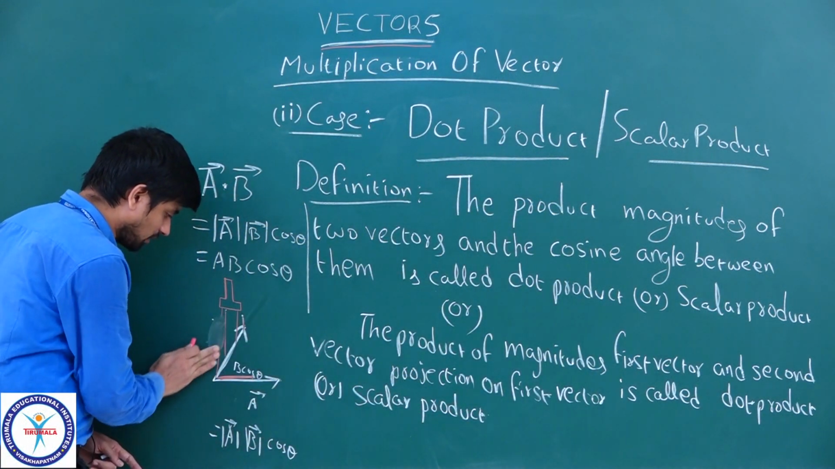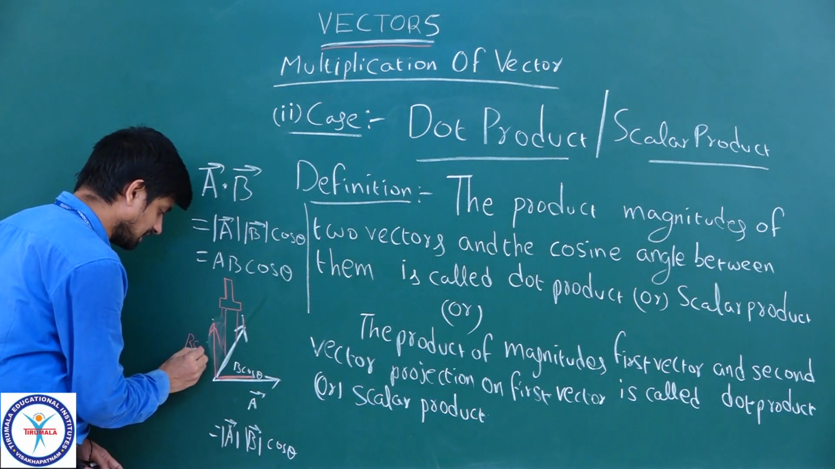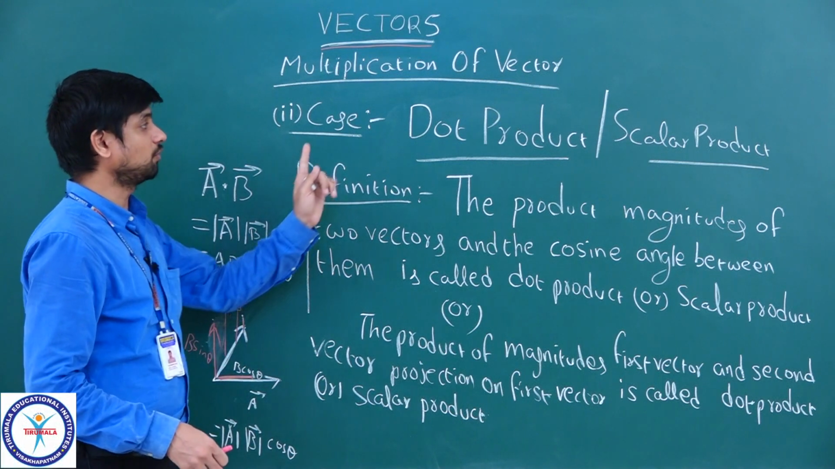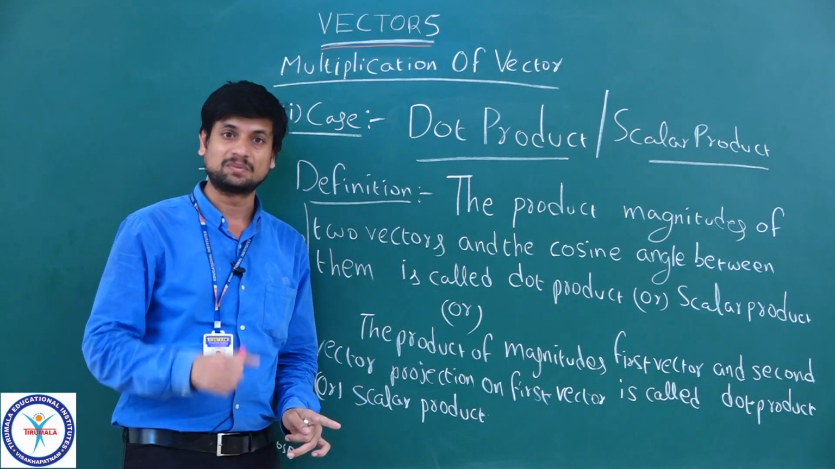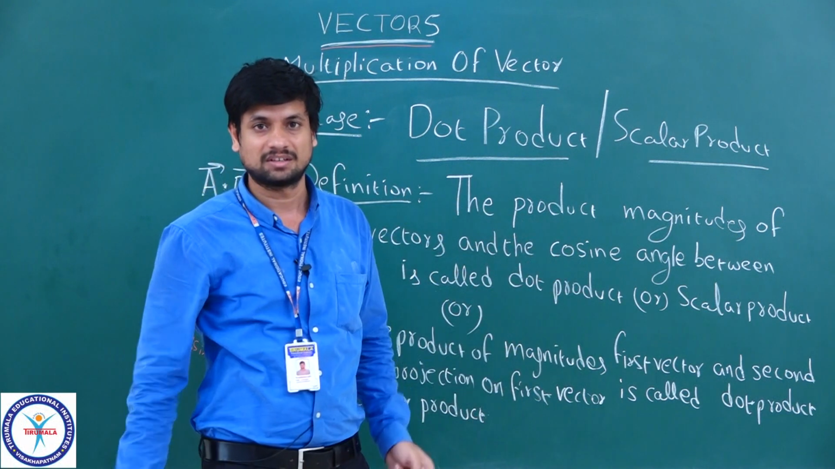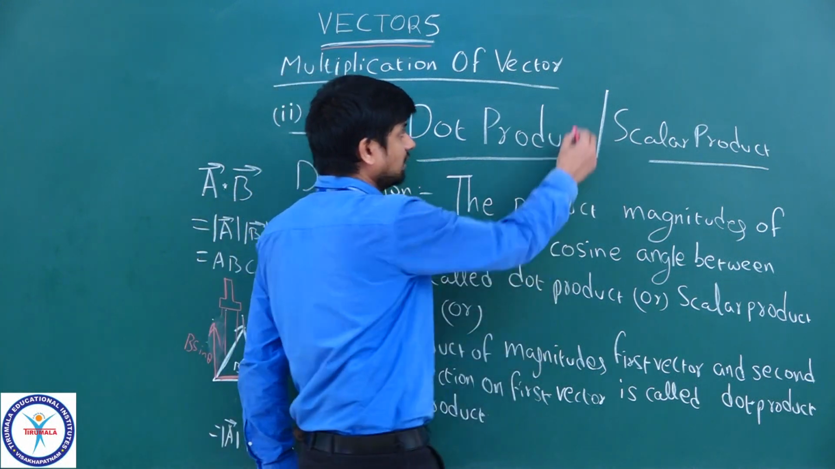Its vertical component can be seen here. This is B sin theta. This is B cos theta. So, that is why I said before, in the second case, multiplication is vector should be multiplied with vector horizontally. Horizontally. What is that? That means, children, here